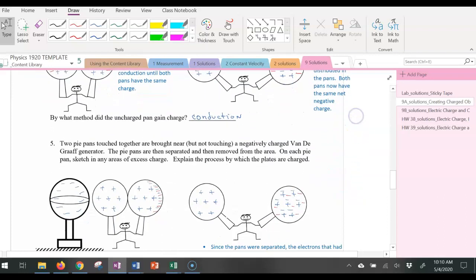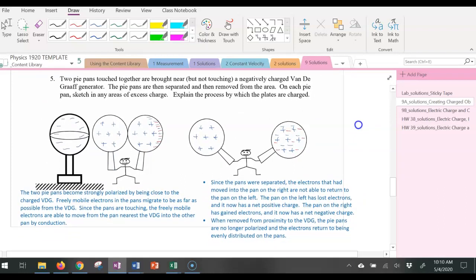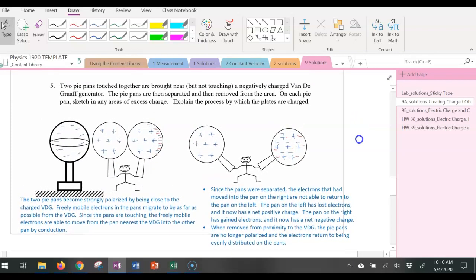Okay. In number 5, Mike has 2 neutral pie pans, or initially neutral. The pie pans themselves are touching each other, but he brings the 2 pie pans that are touching each other close to a Van de Graaff generator, but it never touches the Van de Graaff generator. Okay, so these 2 pie pans become strongly polarized because they are close to a very charged object, the Van de Graaff generator. So the freely mobile electrons in those pans migrate to be as far away from the